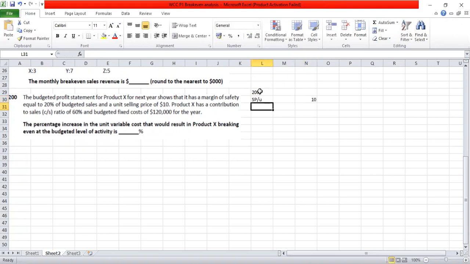Selling price per unit is given as 10. Then we have contribution by sales ratio given to us as 60%. So contribution is